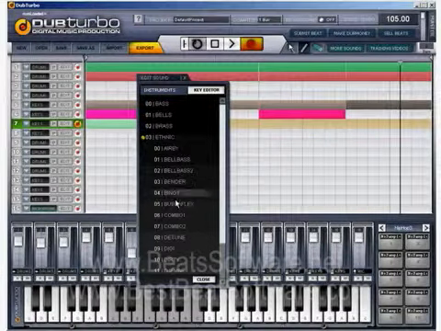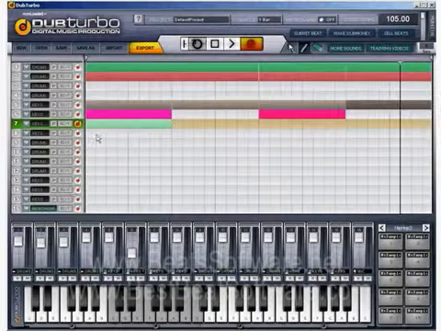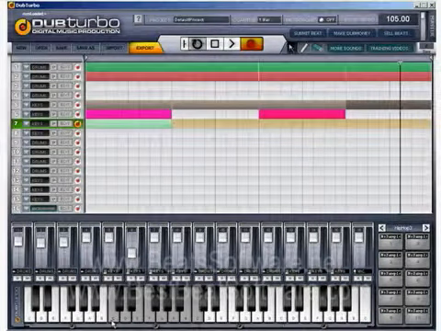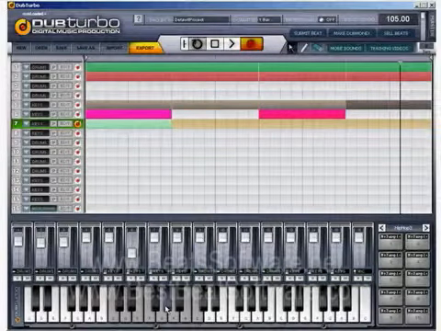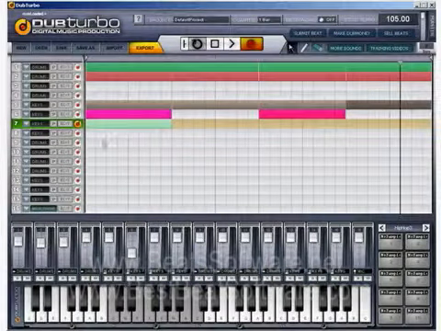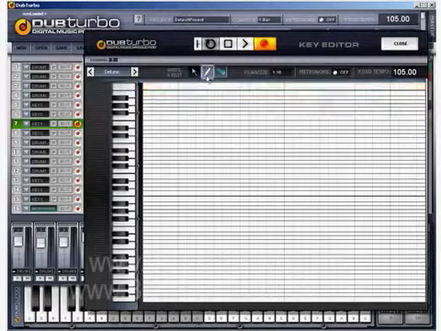Let's click on detune. Might sound a bit awkward because it is literally detuned, but why not? We can click on the pencil and draw the stuff in too. So we can go